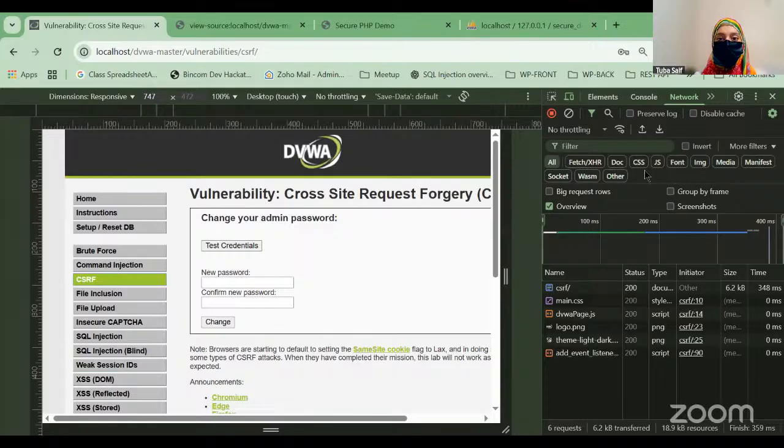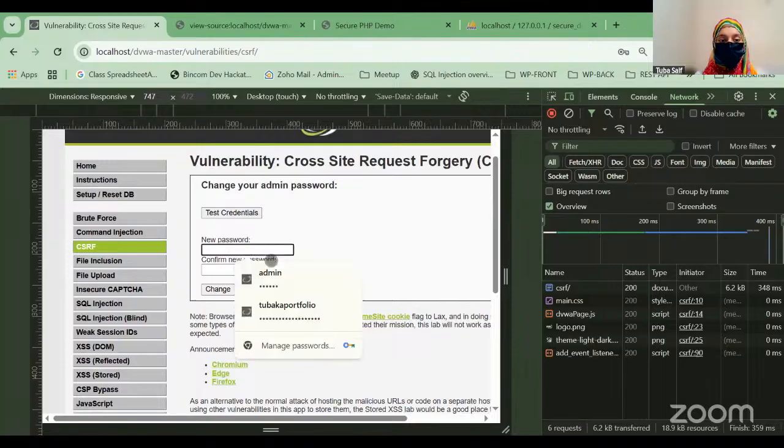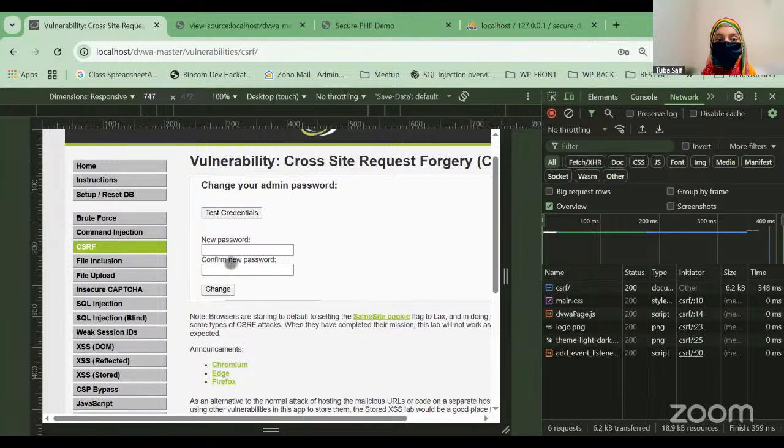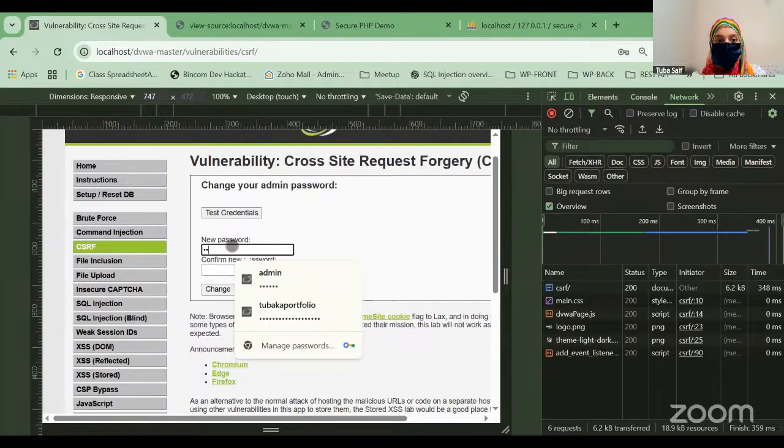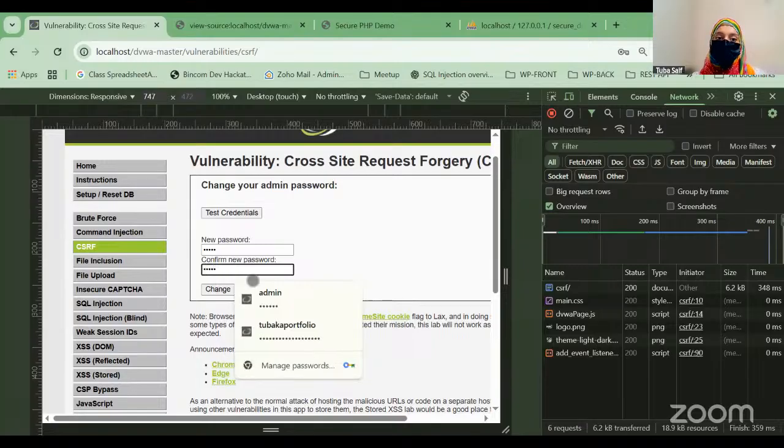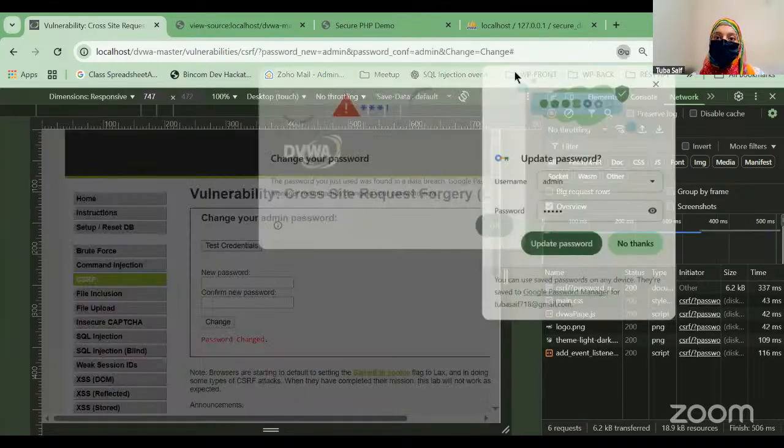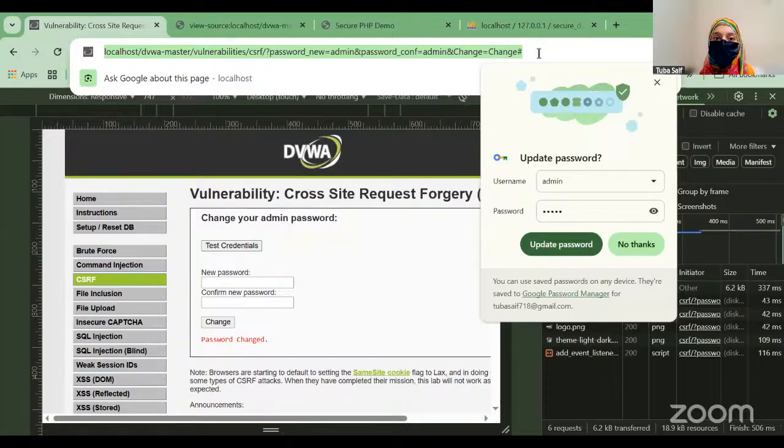Okay, let me show you CSRF here. If I add a new password here, it is for changing a password. Now the password of this DVWA app is password. So let me change it to admin. Okay, now as you can see this link here, if I copy this link from here,